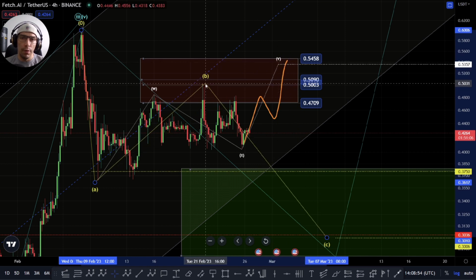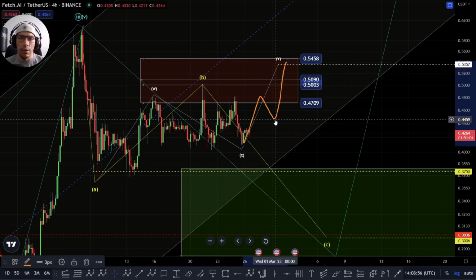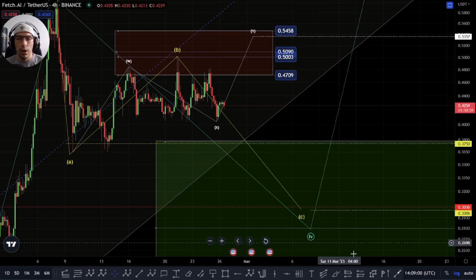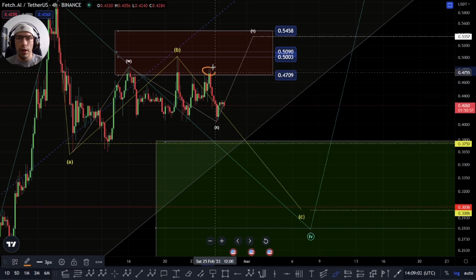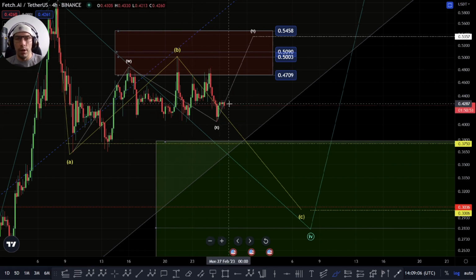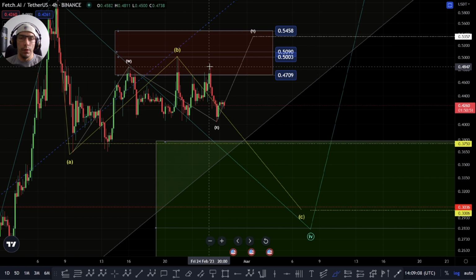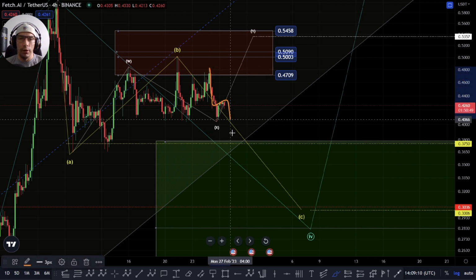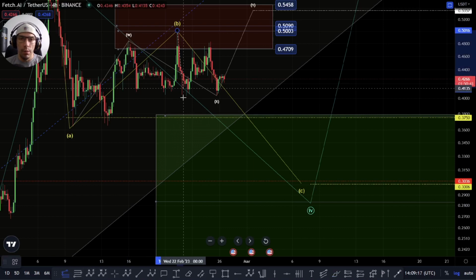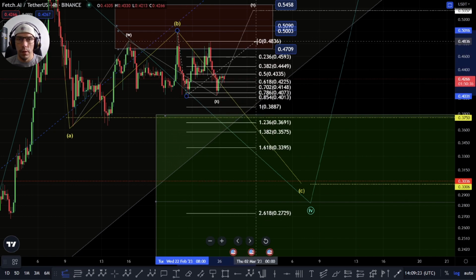We could look to actually push up here. But effectively, it is also possible that we still have this continuation to the downside. So really, until we start to take some of these key areas like these highs of these connector waves here, you can't rule out the idea that we could actually start to break down deeper. What we'd be looking for if we're looking for that five-wave move to the downside would be a move down towards this zone of, let me just get this on here,